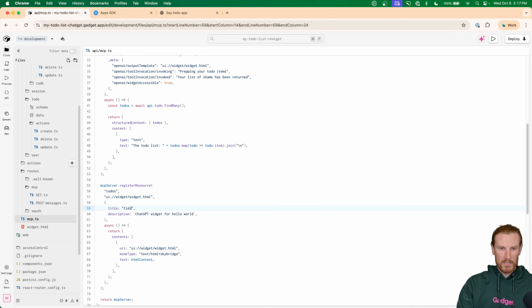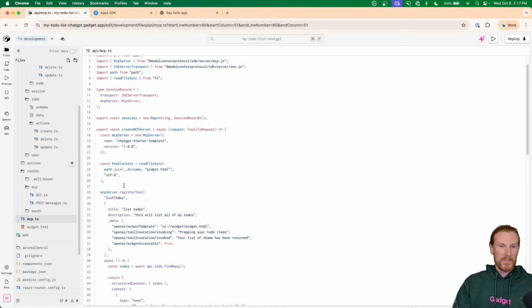Update the title to-dos. And this is a ChatGPT widget for my to-do list. Perfect. Everything else can stay the same. I don't need to modify this. Now, I need to add 2 more tool calls. I need to be able to add to-dos to my list and mark to-dos that already exist as completed. So that means I can go ahead,